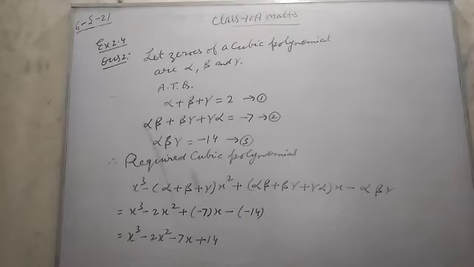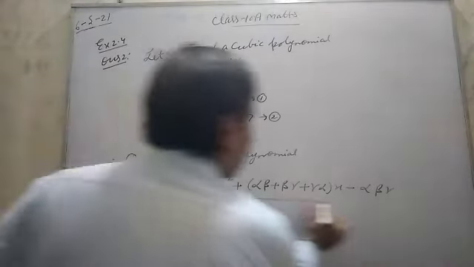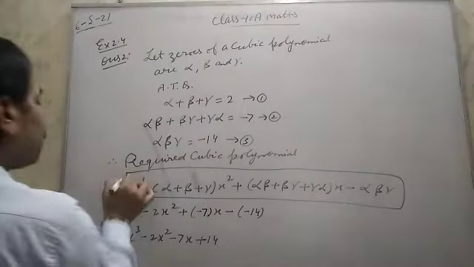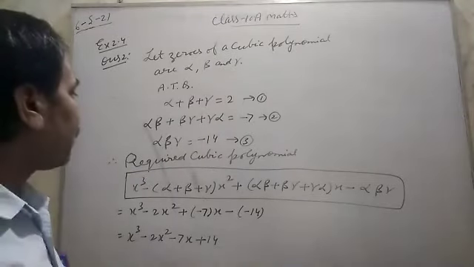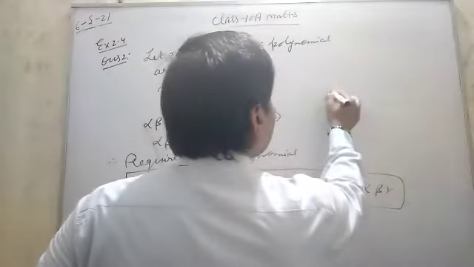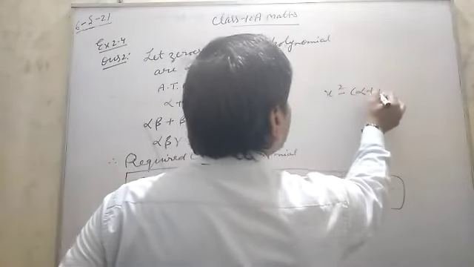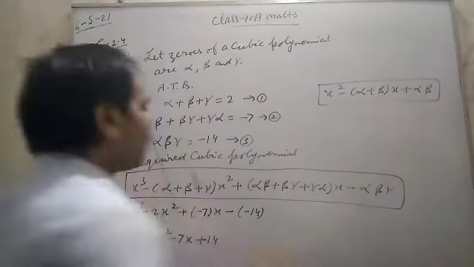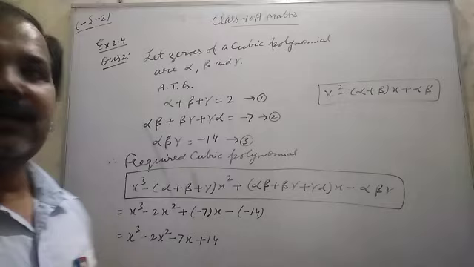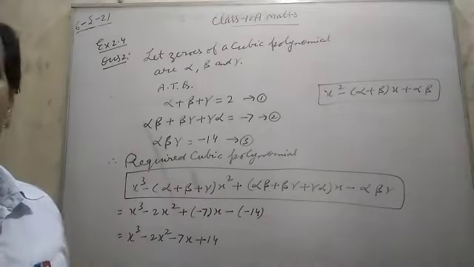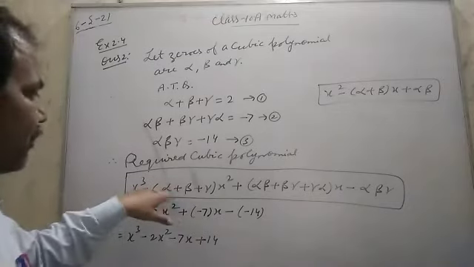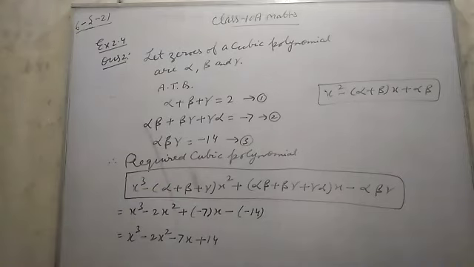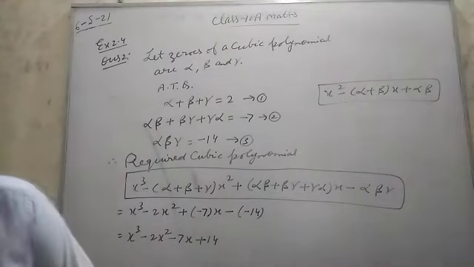So you have to learn this formula. This is the formula when three zeros are given. If two zeros are given, then the formula is x square minus (alpha plus beta) into x plus alpha beta. This is for two zeros and the other is for three zeros. In your syllabus it is only two zeros, but in the optional part three zeros are given. So for three zeros also you should learn this formula. Okay. Then question number 3.